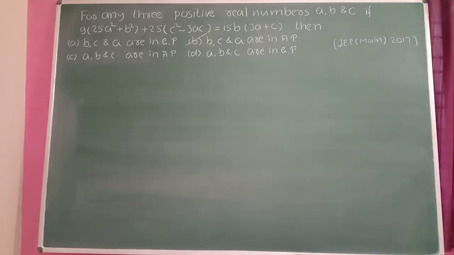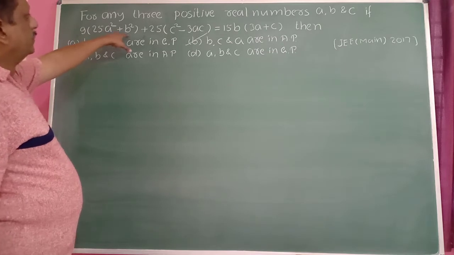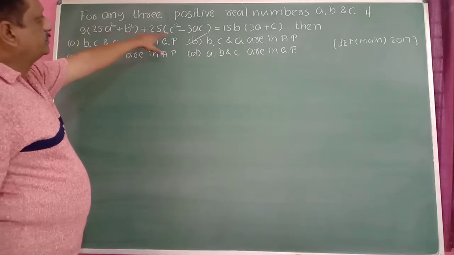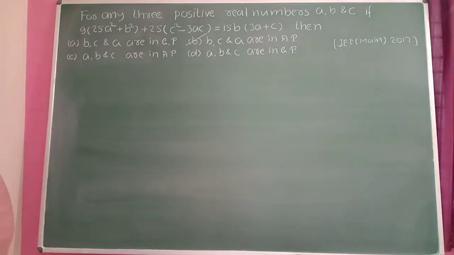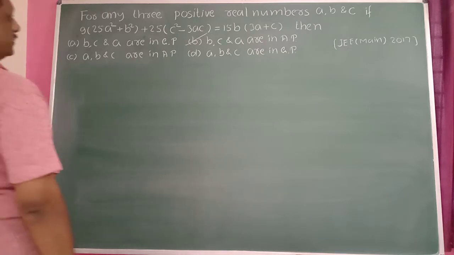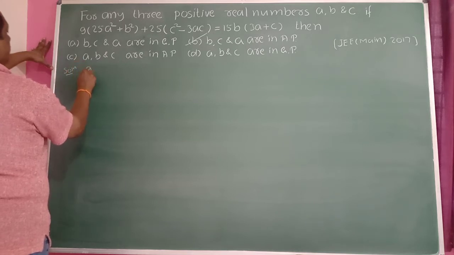For any three positive real numbers a, b and c, if 9(25a² + b²) + 25(c² − 3ac) = 15b(3a + c), then four options are given. In this case,